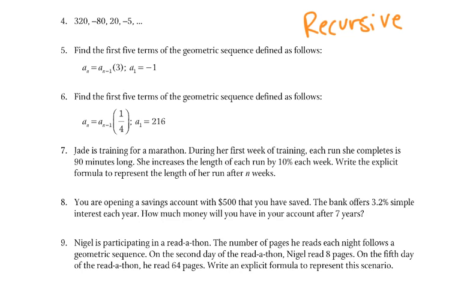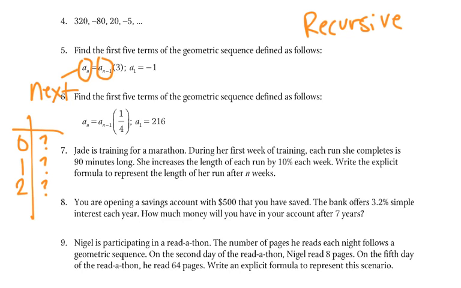The recursive formula connects outputs to outputs. So this is an output, and this is an output. That's like the next output. So if you're on a table, and you know these numbers, and you're looking for the next number, right, the